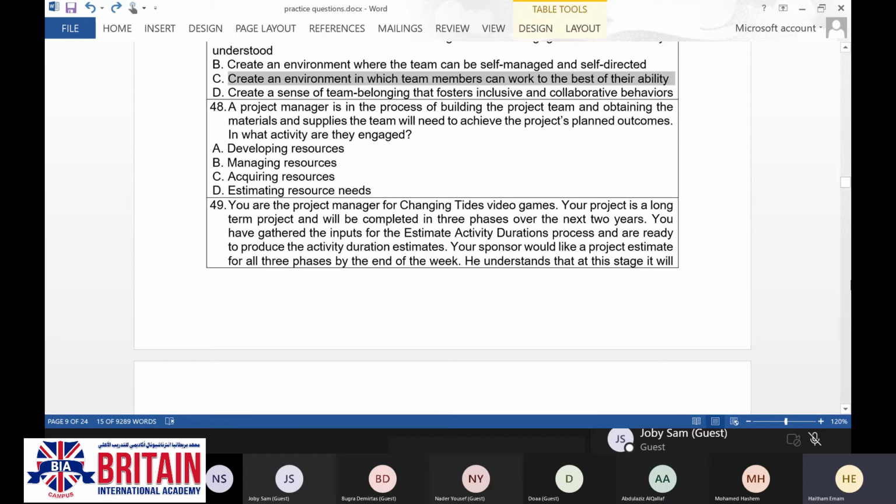Developing or creating the team includes forming, norming, performing, adjourning. When it comes to training, you are going to assess their capabilities after acquiring them. You are going to identify the required skills for the project, and think how you are going to close the gap between their current skills and the required skills.